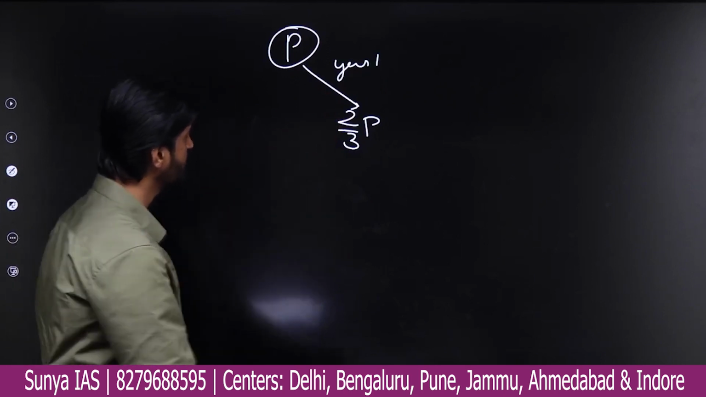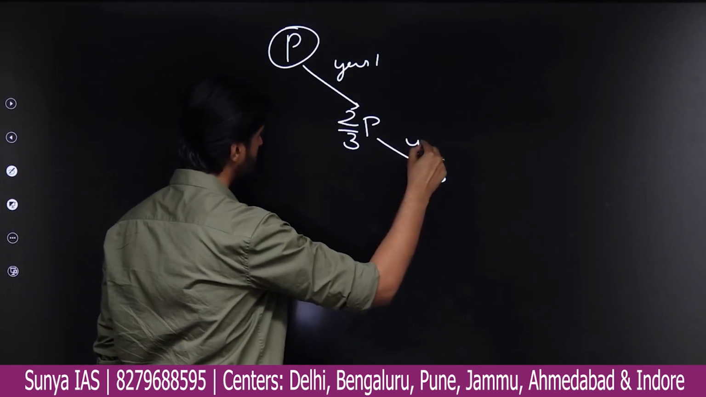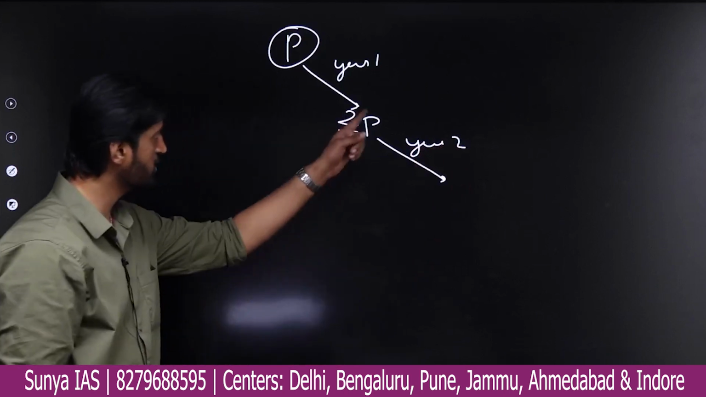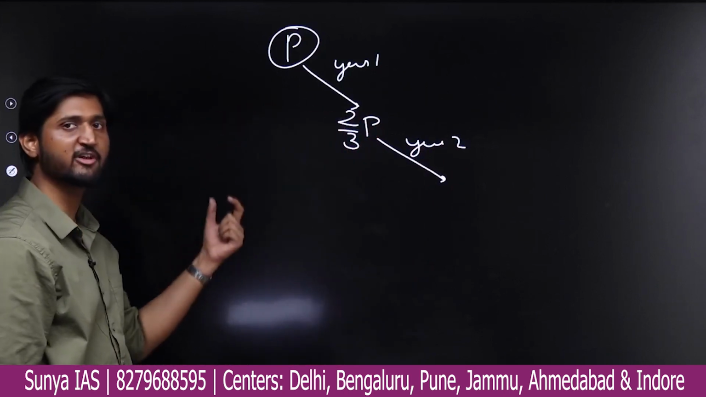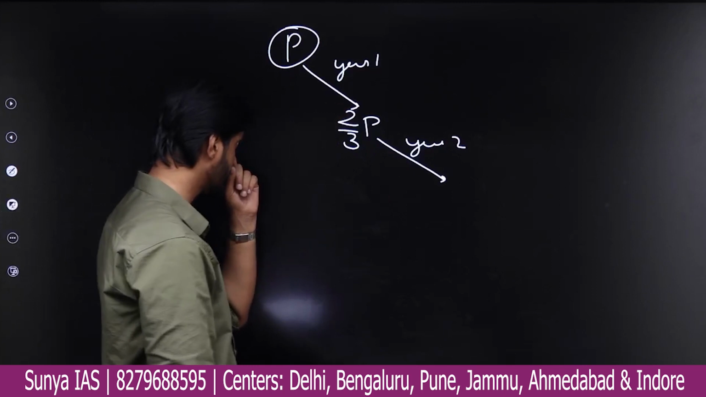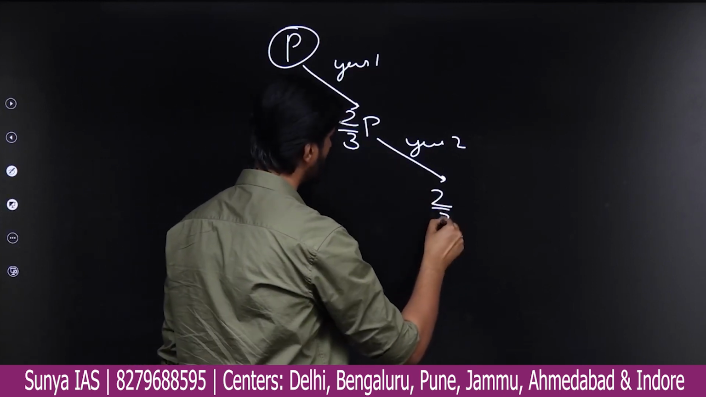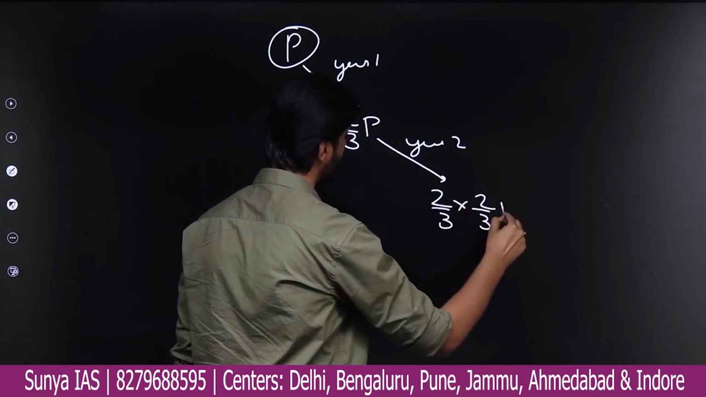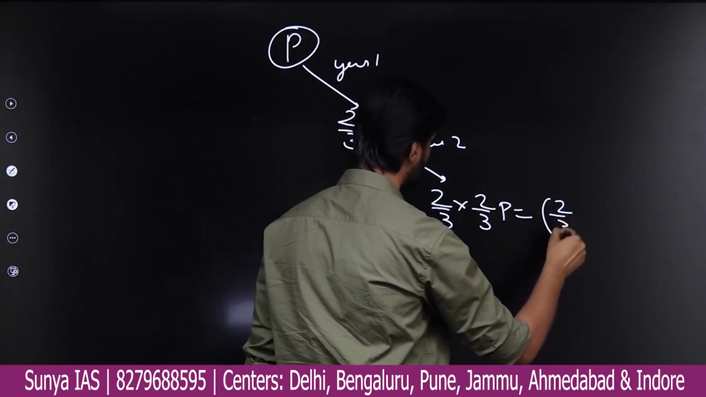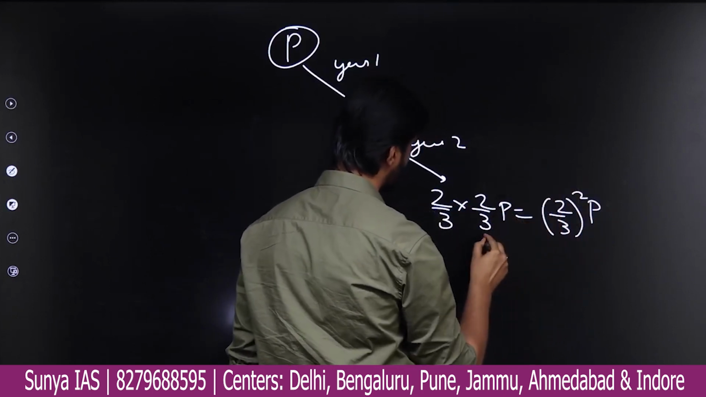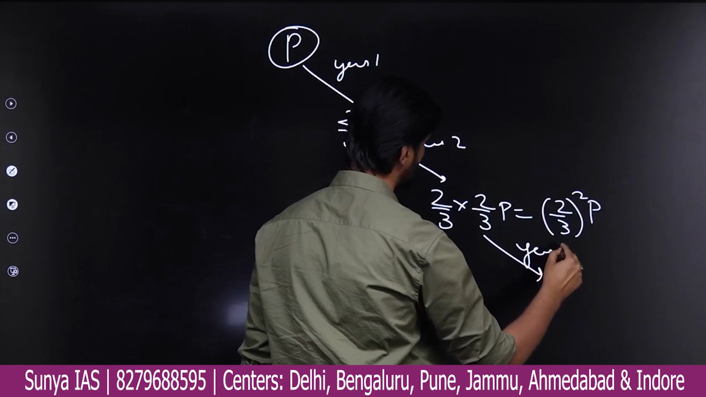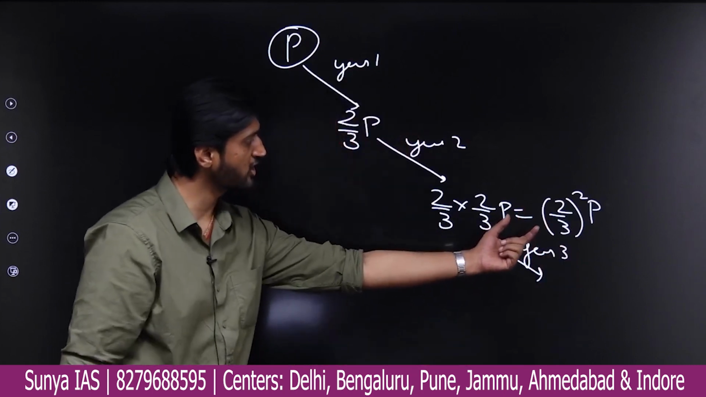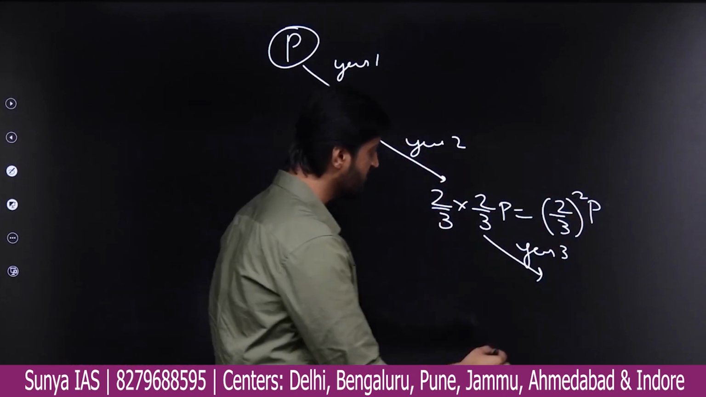In the next year, year 2, out of the remaining population, 1/3 will migrate but 2/3 will stay there. You will have 2 by 3 of P, that is nothing but (2/3) squared of P. Further, in year 3, you will have only 2/3 of this population staying, so we will have